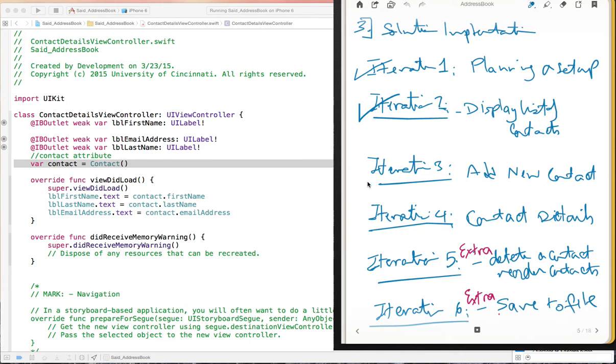So we completed so far iteration 3 and iteration 4, and that completes, as I mentioned, the required part. So this video and the next video covers iteration 5 and 6. Both are extra credit. The first one, we're going to try to see how we can delete a contact and reorder the list of contacts, and then the other item is to save to a file. So to delete a contact and to reorder contacts,